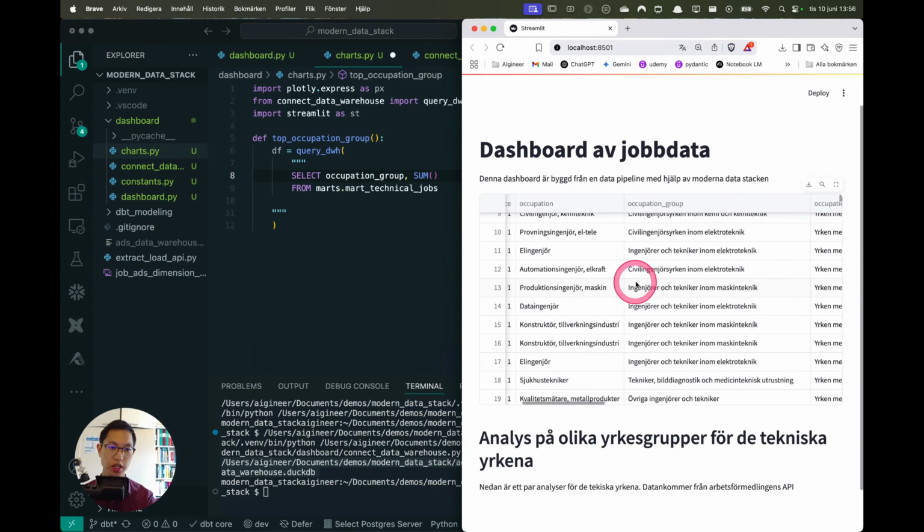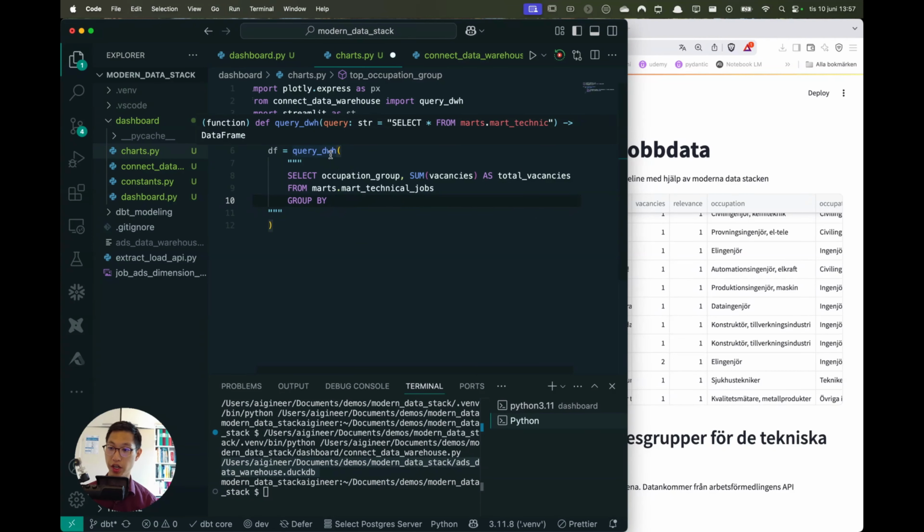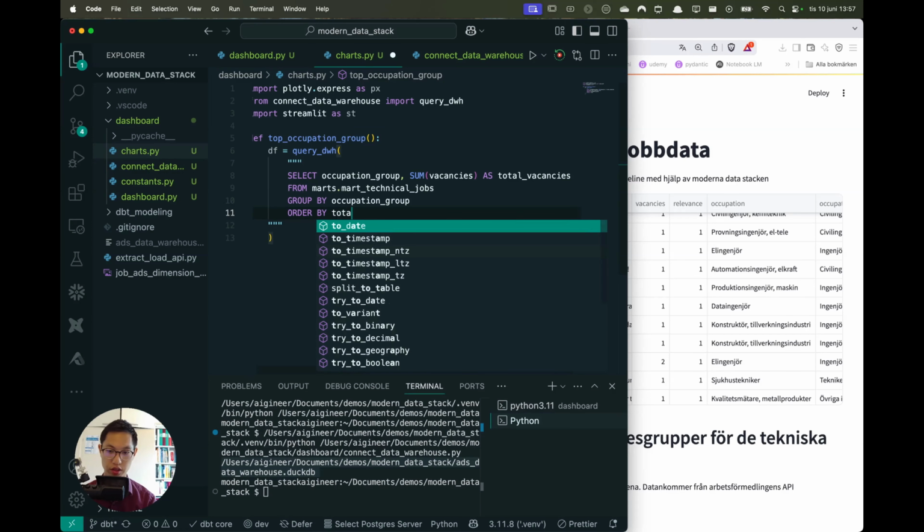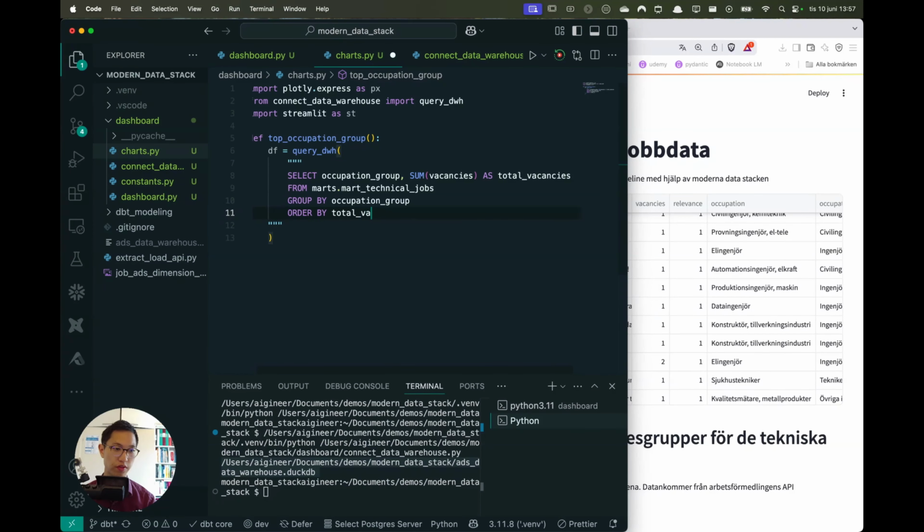Let me see what more. And then we need to group by. Since we're doing a sum, this is an aggregation function. And then in order to do an aggregation function, we need to group by, right? So we need to group by this occupation group. Occupation group. And then let's order by total vacancies